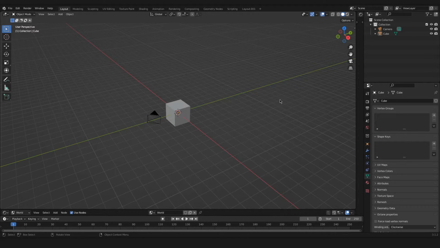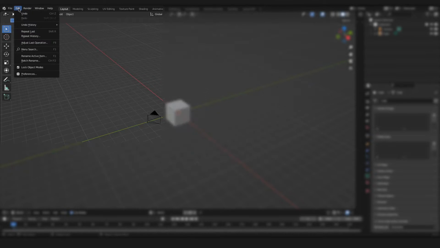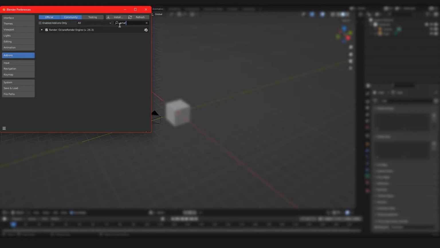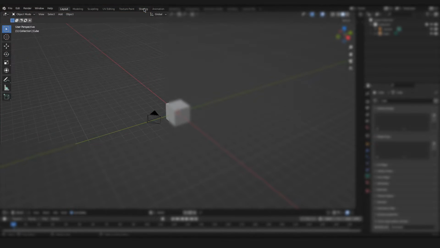So the first thing you have to do is go to Edit, go down to Preferences and click on Add-ons. And in here you have to search for Octane. And as you can see right here, there is the Octane render add-on, and we have to check this little box and then go down to this left corner, and then we have to say Save Preferences. So if you have done this,